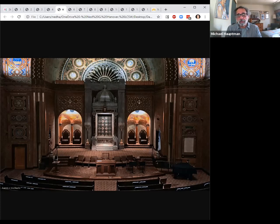In 2005, when we did the main restoration of this room, it was closed for 11 months, and it was filled top to bottom with scaffolding, and every surface was restored or replaced. The walls and the ceilings were re-stenciled. The stone and the wood surfaces were cleaned and repaired. The brass railings were polished. The carpet was replaced with a copy of the original carpet. The lighting was improved, but most noticeably,